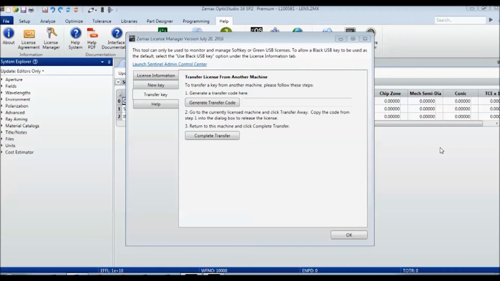OpticStudio 16.5 will introduce a new and easier way to transfer soft keys between different computers. In previous releases, the transfer process for moving soft keys to different computers required 3 steps, and this required you to plan ahead of time in order to transfer a license. Here you can see the older interface of the Zemax License Manager with the 3 different steps that were needed to complete the transfer. In the new release,